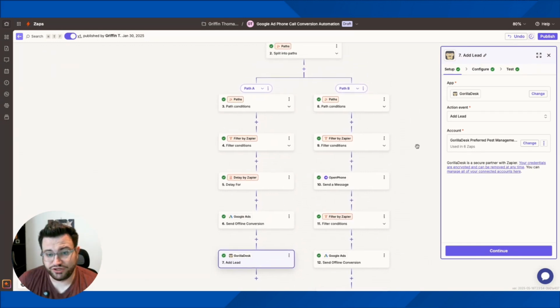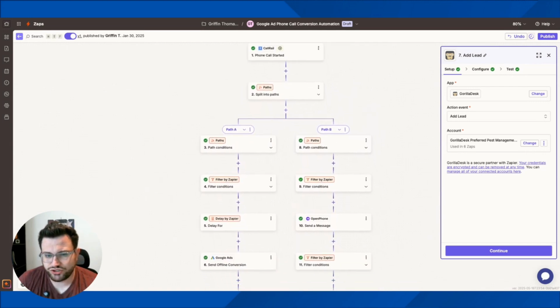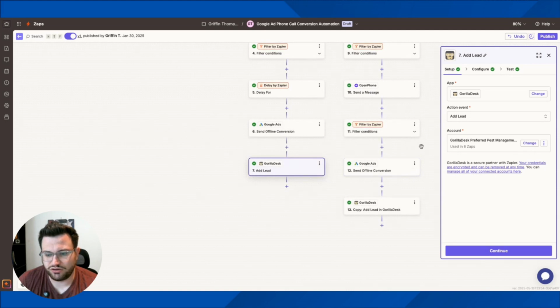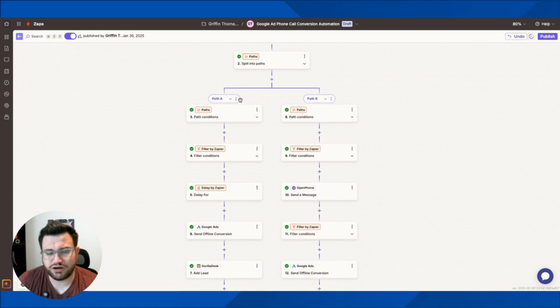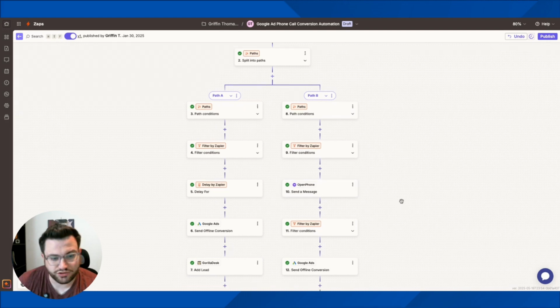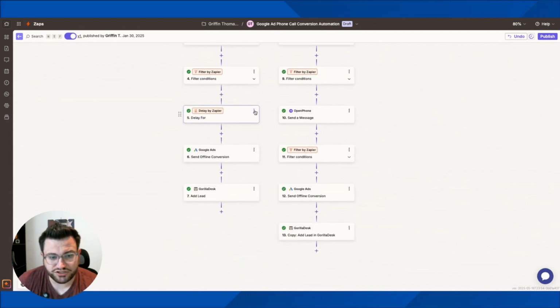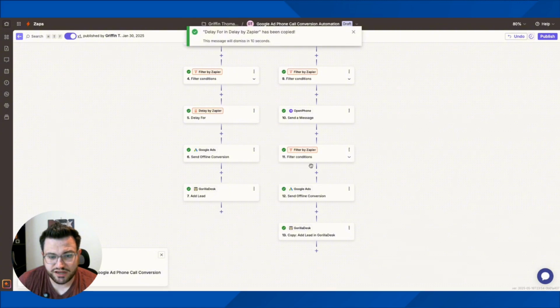But now for the more interesting section, let's say we go down path B. So this one in short is set up based on our business hours. Path A is what I would consider during business hours. Path B is what I would consider after hours. And again, I'm going to need to copy this, and then we will paste it